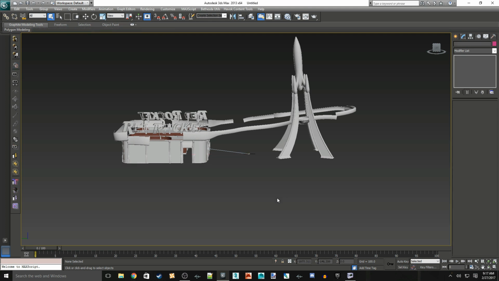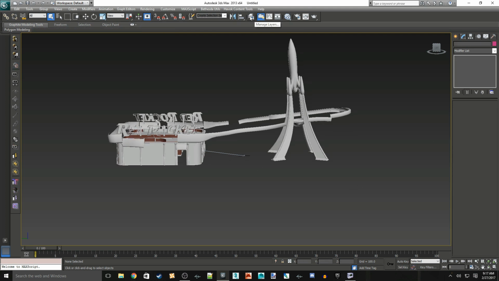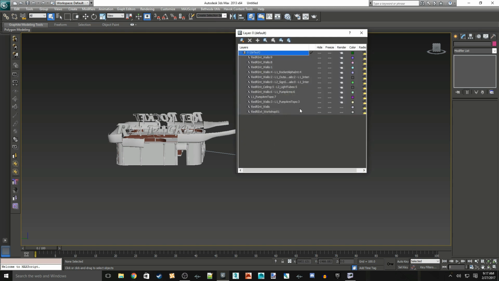So once you've done that, we're going to come here to our layers, manage layers, and expand our layers. Alright, if you look down here, you have 2 objects that are not rendered. One of these is going to be used as your dummy node. I generally tend to use whatever the file name dummy node is as my dummy node to link everything else to. So we can take this, select it, and delete that. Now we have our, I believe it's 10 objects, 1, 2, 3, 4, 5, 6, 7, 8, 9, 10 objects,